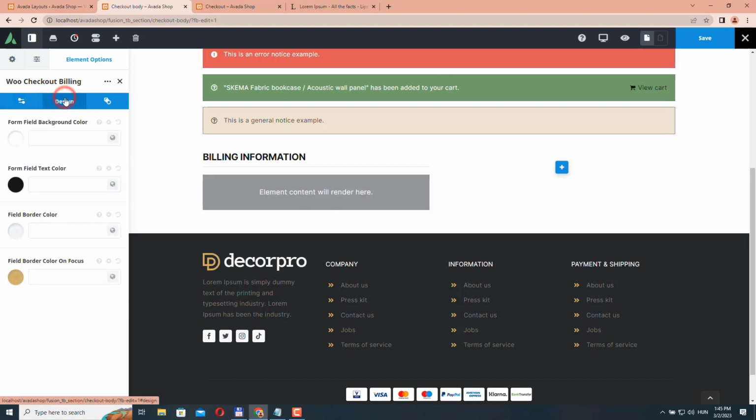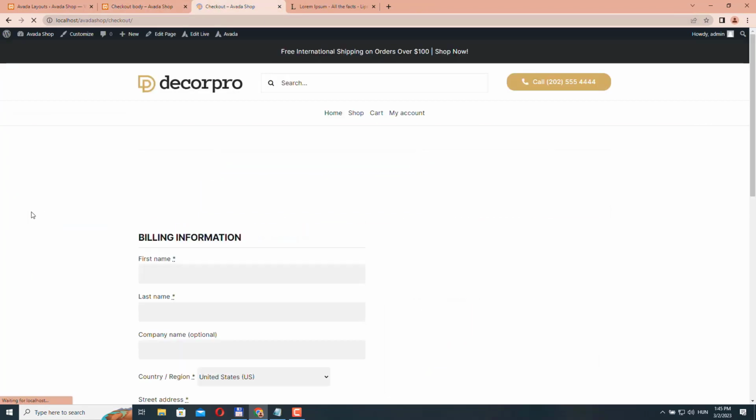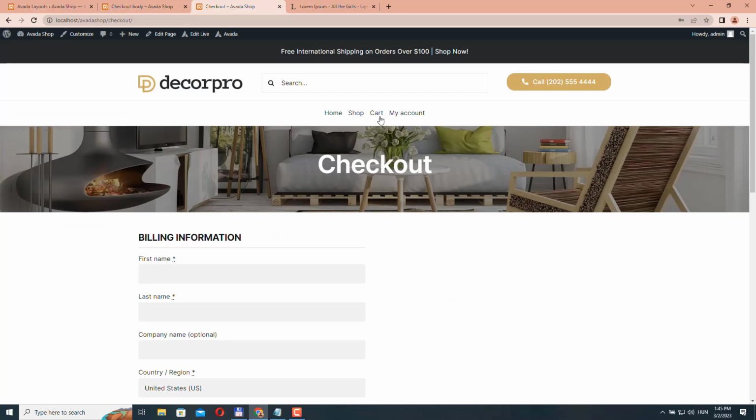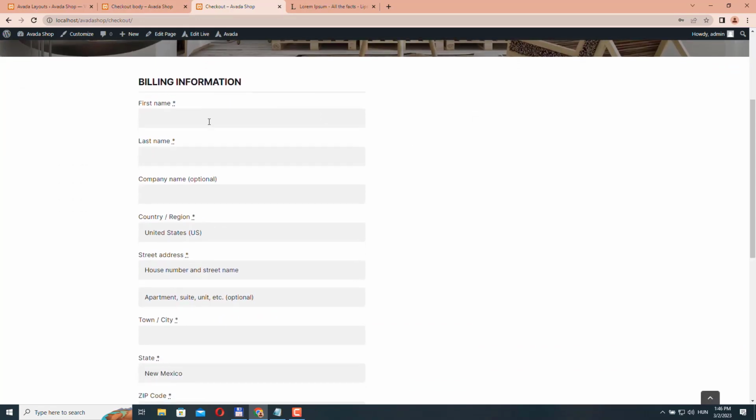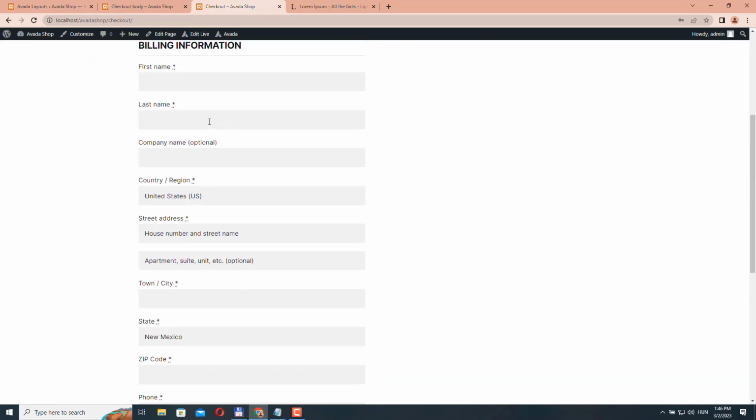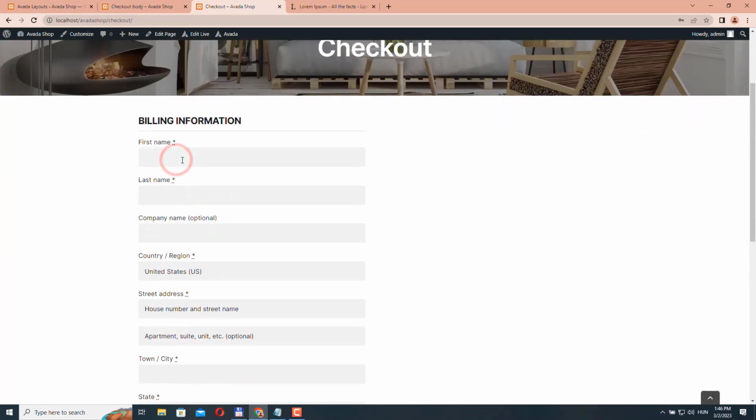Okay, and let's go to design, and here let's just change the form field background color to F2F2F2, and the rest should be okay. Let's save this and let's see what we have so far. Okay, so now we have the title and we have the billing information here. So I changed the field background color, otherwise it would be white, just like the background, and it wouldn't